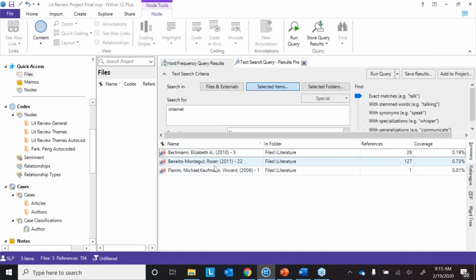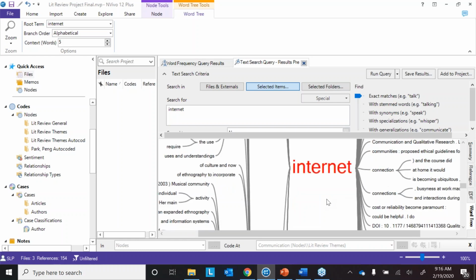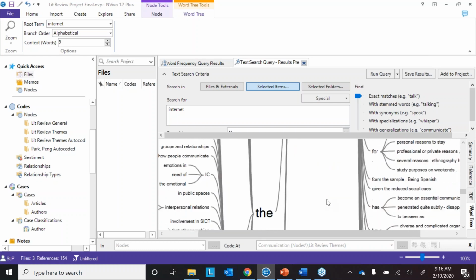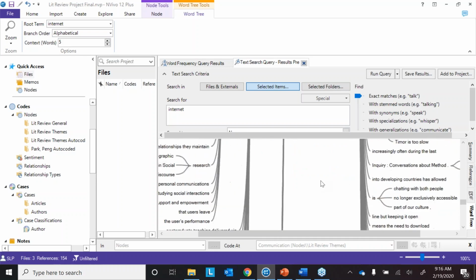So it's showing me here, these are the articles out of the 4 or 5 I picked, 3 talk about the internet. I have another visual I can use, sometimes people like, called a word tree, which is showing me the phrases before and after the word internet. So maybe there is something coming up that's important to me, research,